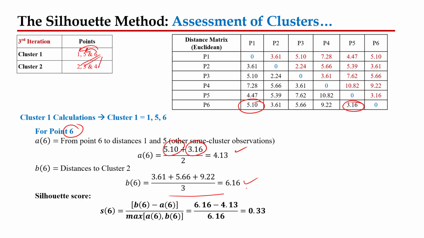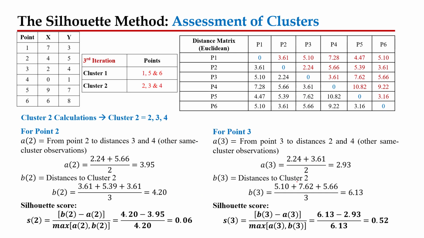Okay, and we are getting this value. So this is 0.33. Now this is what we have done with respect to cluster 1's observation. The same process we are going to repeat with respect to cluster 2 observation, which is 2, 3, and 4. So once we take the point 2, that means we are taking the cluster